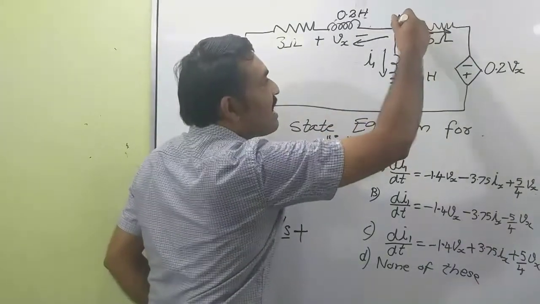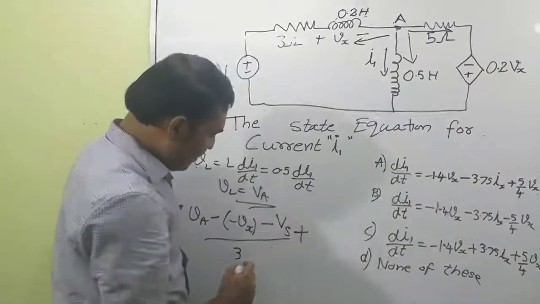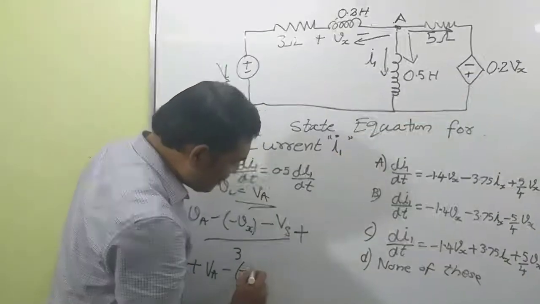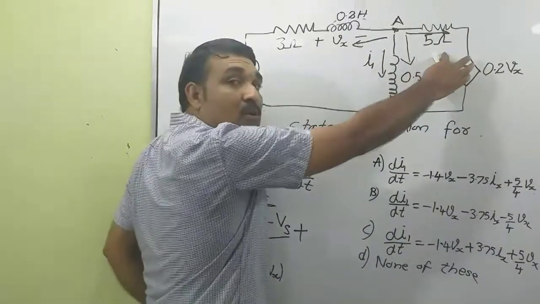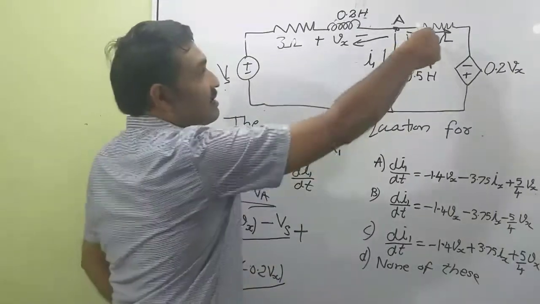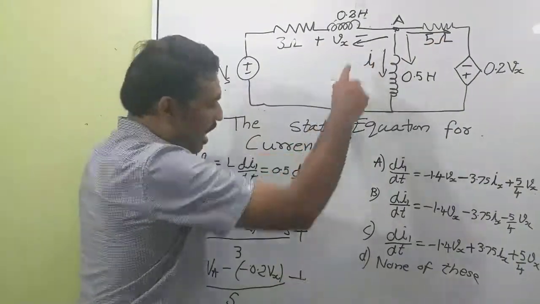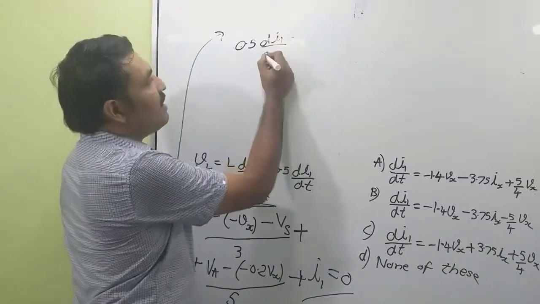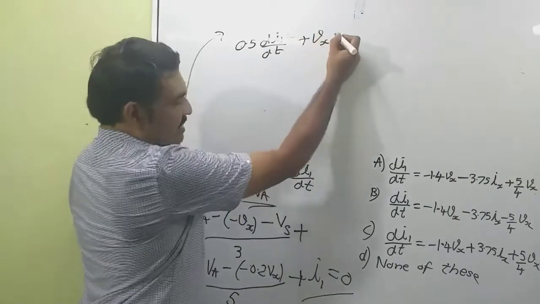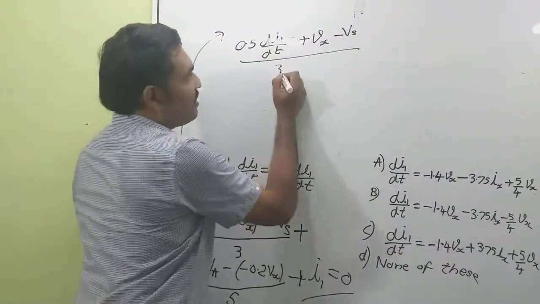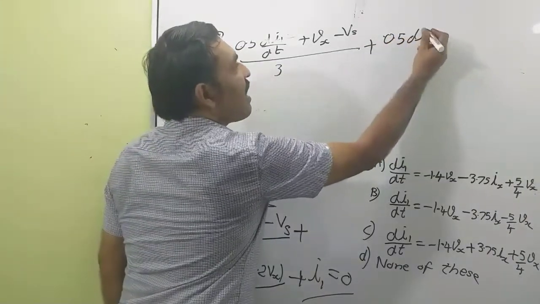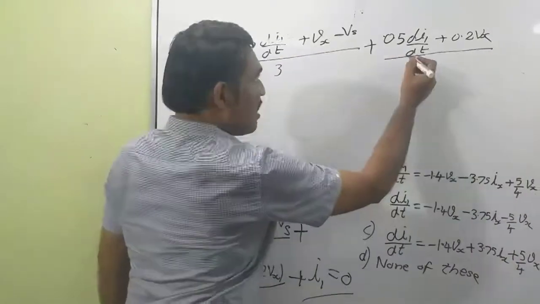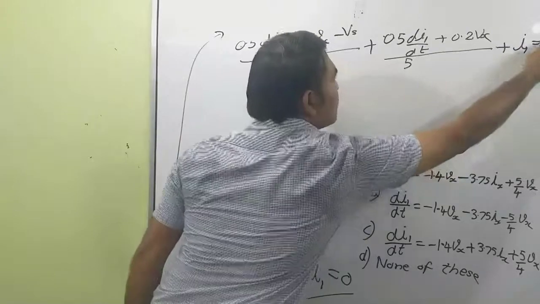Current flowing through this branch is VA minus of 0.2 Vx, plus VA minus of 0.2 Vx, since we are moving from lower potential to higher potential, divided by the resistance 5, plus this current I1, is equal to 0. So we can write 0.5 di1 by dt plus Vx minus Vs divided by 3, plus 0.5 di1 by dt plus 0.2 Vx divided by 5, plus I1, equal to 0. Taking the LCM,